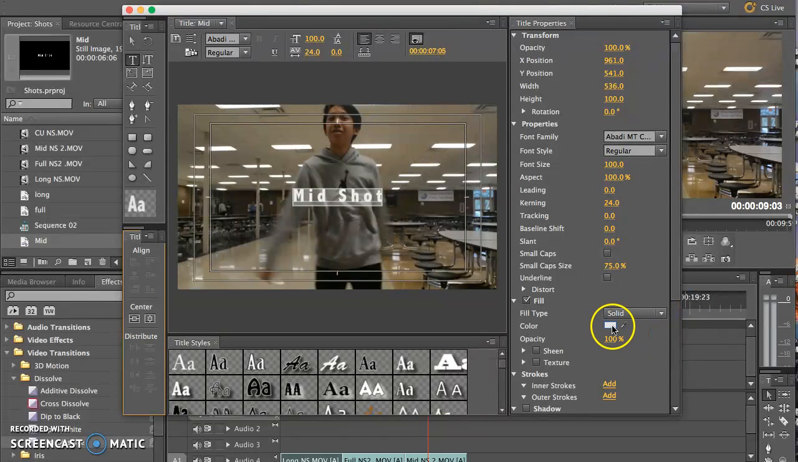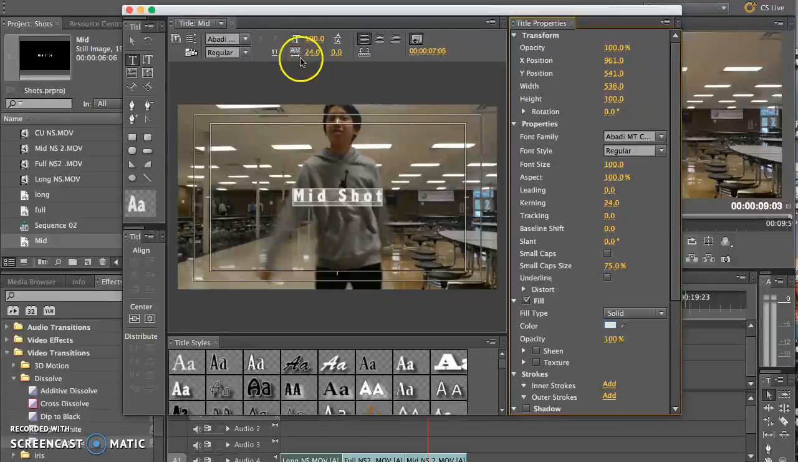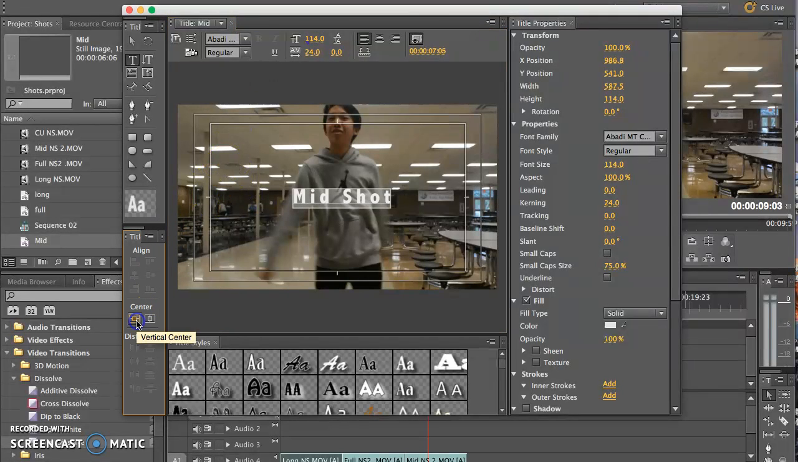If you wanted to change the color, you could double click here and change the color. You could also make it bigger. This is the size by just scrubbing, making it a little bit bigger. It's up to you. And again, if you make it bigger, go back and center it again. Boom, done. The cool thing you'll see over here is this has now become an image over here in your